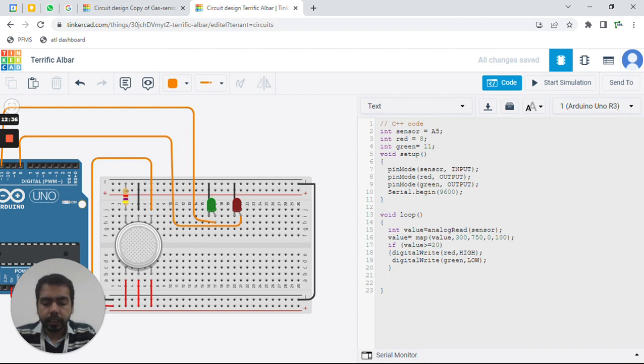If the value is increasing, if the value is more than 20%, or if the leakage is more than 20%, we are going to perform certain tasks, and else what we are going to do? Else we are going to perform another task.